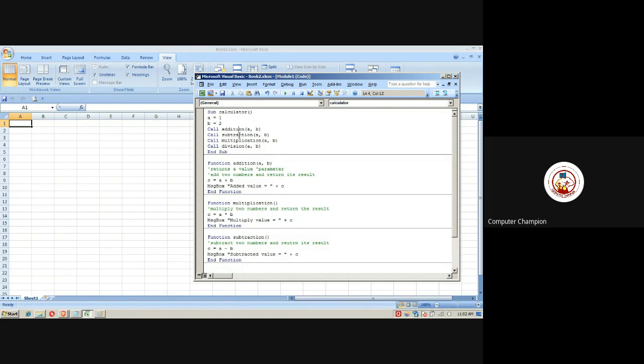Do you know how many milliseconds are there in 1 second? 1000. It is 1000, yes. Not 100, not 10,000, it is 1000. 1 second has 1000 milliseconds in it. So this macro program runs in milliseconds.